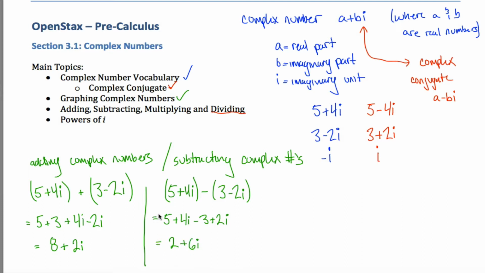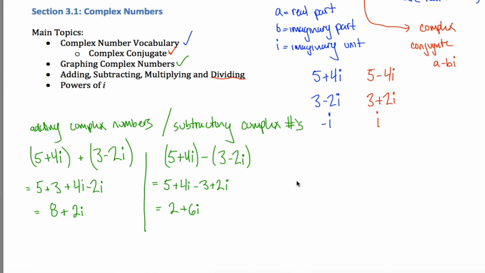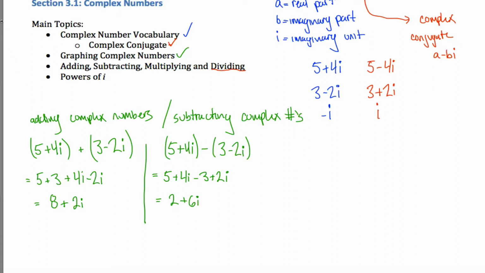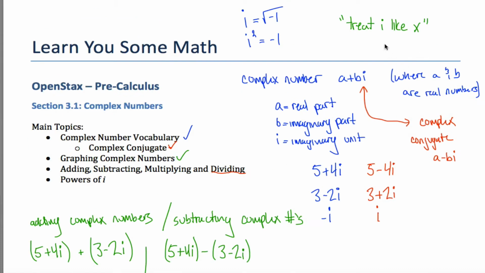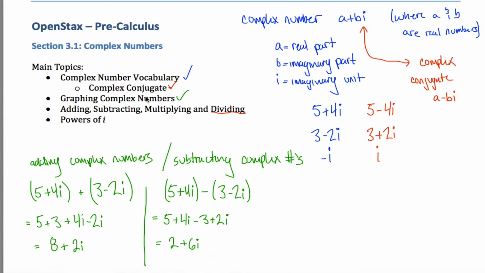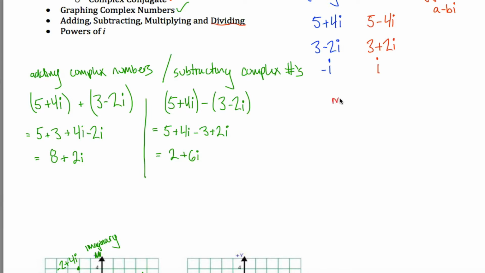And in fact, it's exactly what you do. When you're subtracting complex numbers or adding complex numbers, all you got to do is treat the i's like the x's. Cool. What about multiplying complex numbers? Well, good news and bad news. Bad news is it's a little bit harder than this, but good news is we're still going to take advantage of this, treat the i like the x. So let's multiply